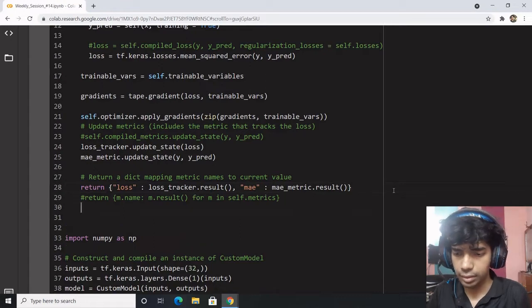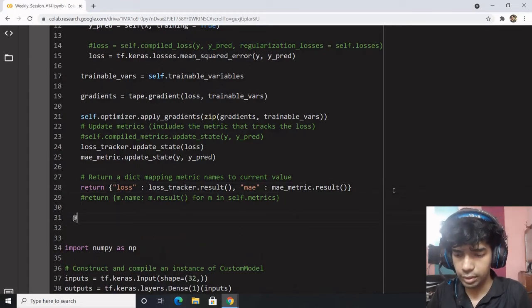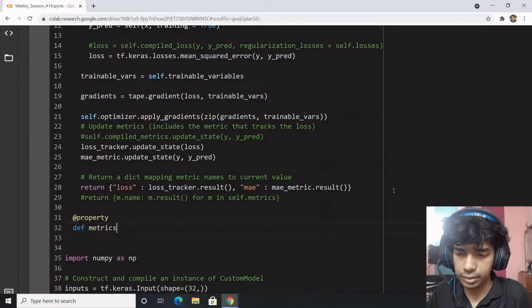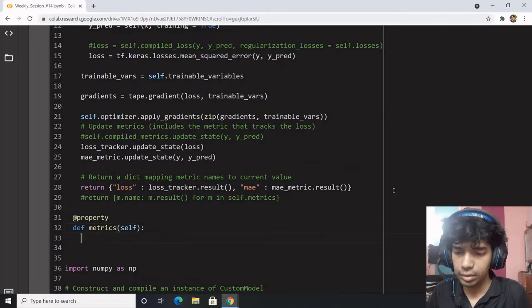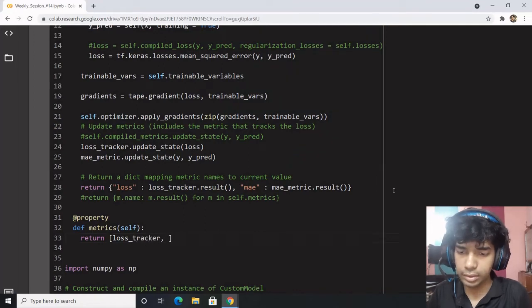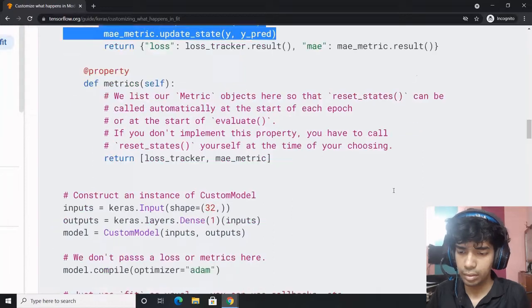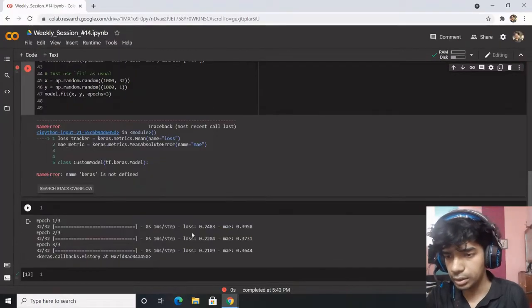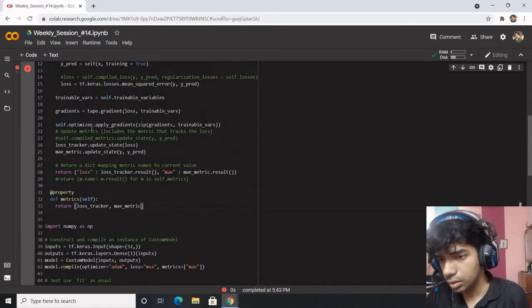And beneath this, define a property function, @property def metrics(self), nothing but loss tracker and MAE metric. Nothing much, didn't do many customizations, but it's good enough.